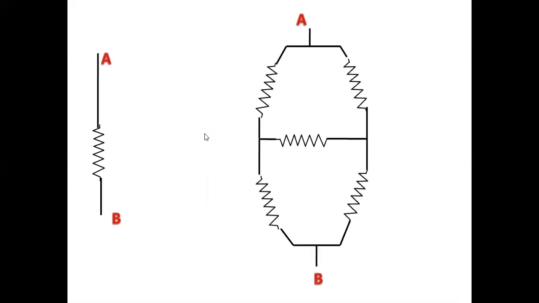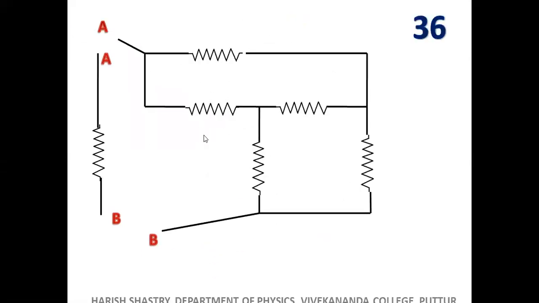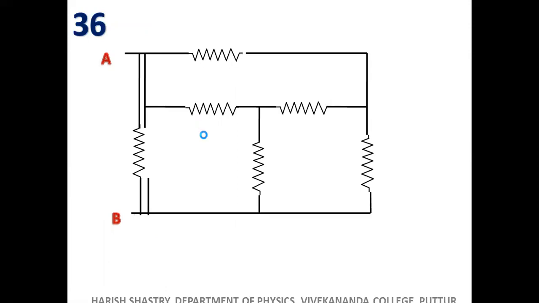So it was like this. Originally it was like this. I didn't lose any connection here. I didn't change any connection. I kept all the connections as they are. Now try to see the Wheatstone's network here. This is an extra resistance that we have. Slightly keep it aside. Later on we are going to connect this R along with the equivalent of this. But here is a Wheatstone's network.